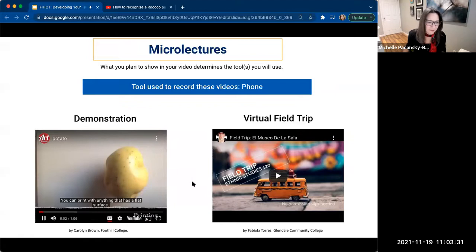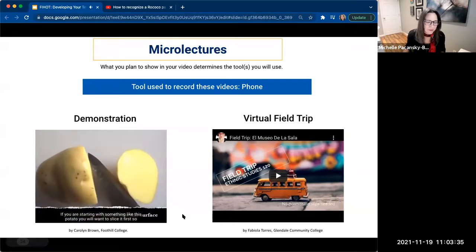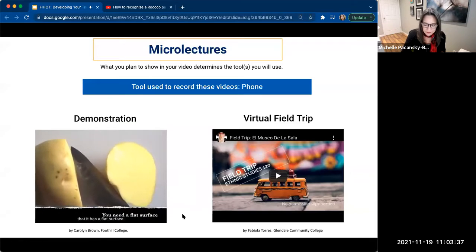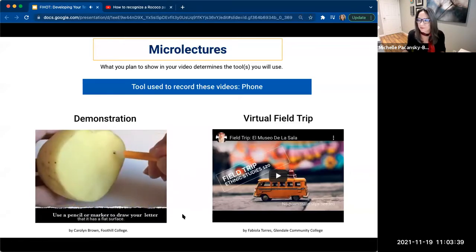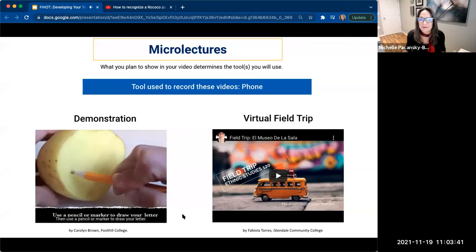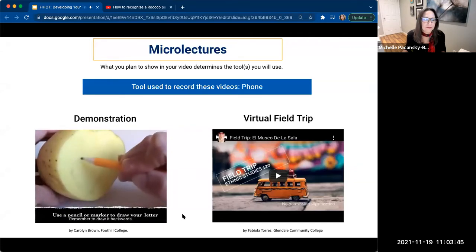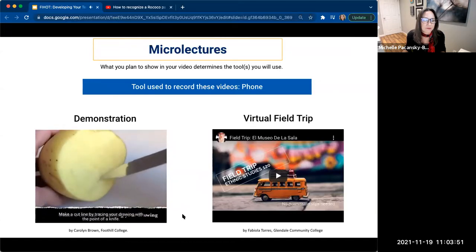You can print with anything that has a flat surface. If you're starting with something like this potato, you'll want to slice it first so that it does have a flat surface. Then use a pencil or marker to draw your letter. Remember to draw it backwards. Make a cut line by tracing your drawing with the point of a knife.